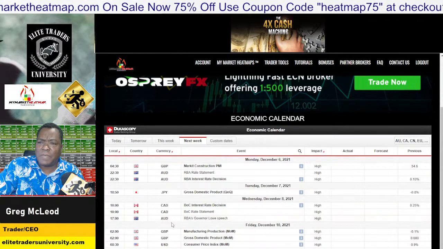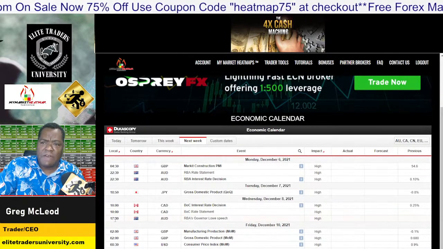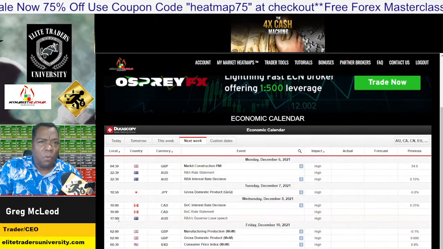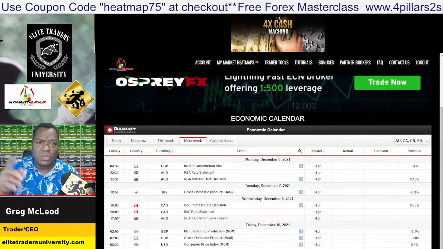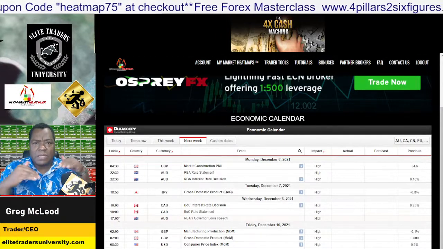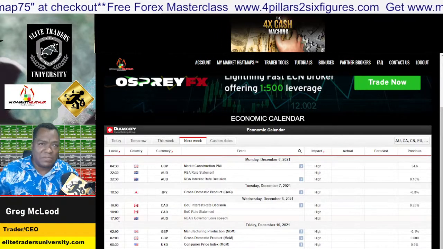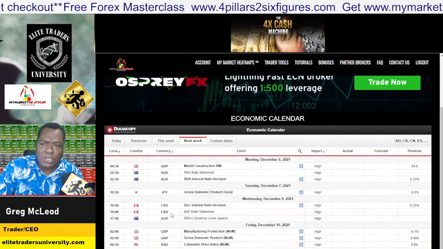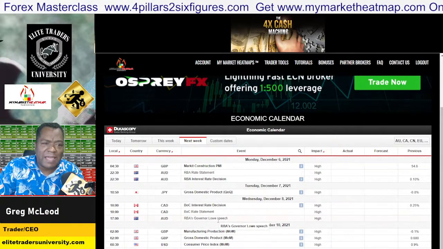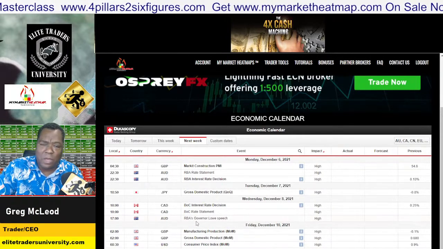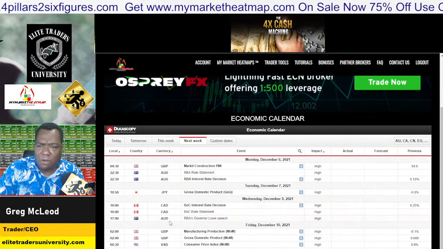And then we have a speech from the RBA Governor Lowe at 5 p.m. I would avoid trading around that 6 p.m. Eastern time. Usually there's low liquidity and the spreads widen out like crazy. You'll get 20 pip spreads. You'll get slipped. It's a real ugly situation. So, whatever Governor Lowe has to say, we'll have to wait a couple of hours while the market settles down. So 1700 news announcements, take them off your radar.